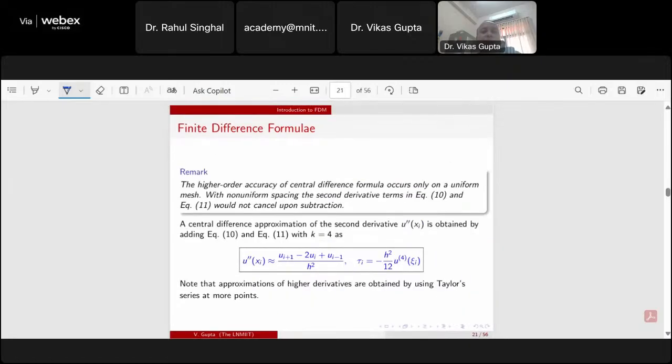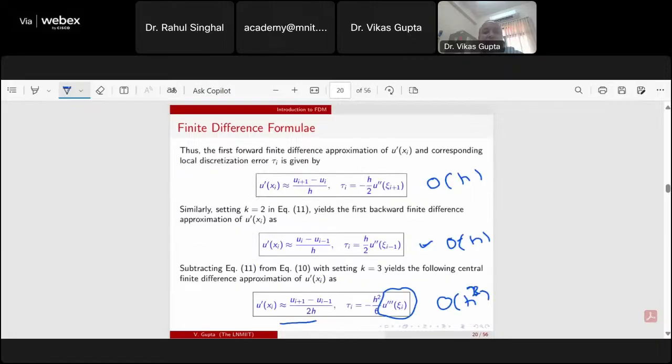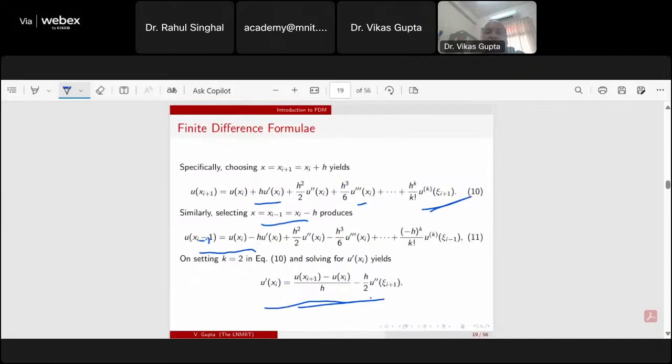Okay. And also one thing you can notice is that the higher order accuracy of the central finite difference approximation you can get only on the uniform mesh. If your mesh is non-uniform, then the central difference approximation will also be first order accurate, because while you are subtracting equation number 11 from equation number 10 by setting k equal to 3, that second order term will not be cancelled out on the non-uniform mesh, because in that case, for example,